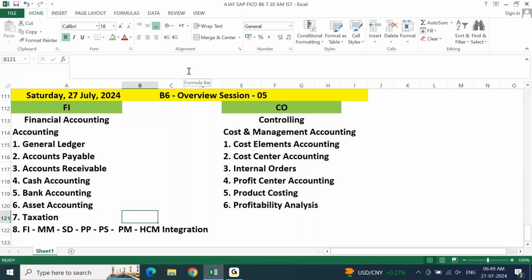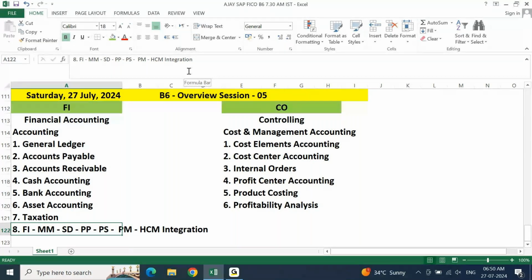Right? Apart from this, there are many other small topics which I'm not writing at this moment. I'm only writing the high level topics which you must know from the SAP FICO point of view. Now, if you look at all the financial accounting, more or less everybody is aware of all these fundamental points, other than integration. Other than integration, point number 1 to point number 7, everybody must have heard in your academic accounting or wherever you came across accounting so far. You must be familiar with general ledger, in short it is GL.